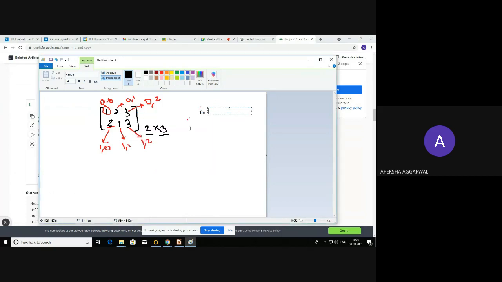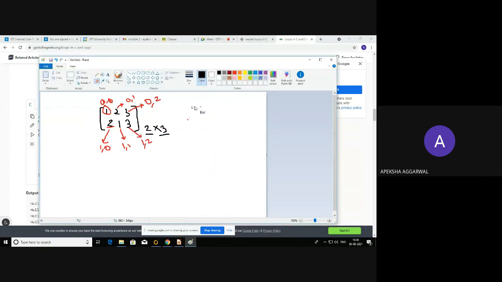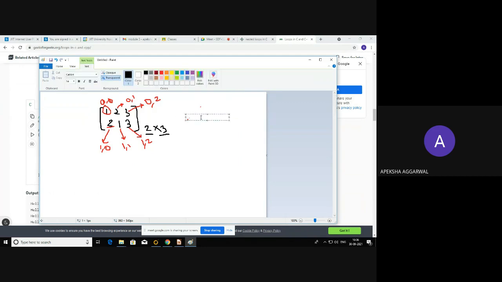It will not work in this system. Huh. So